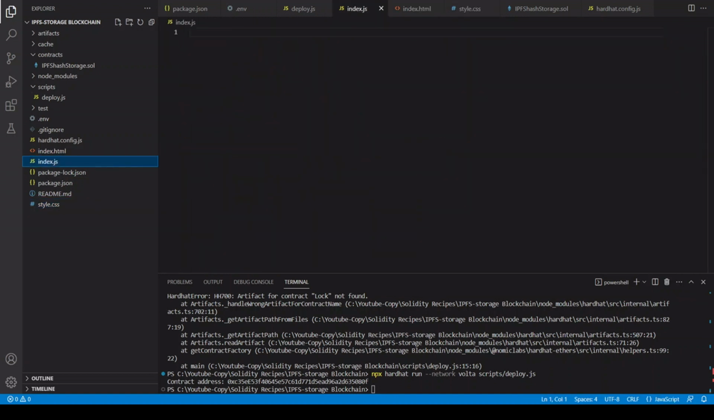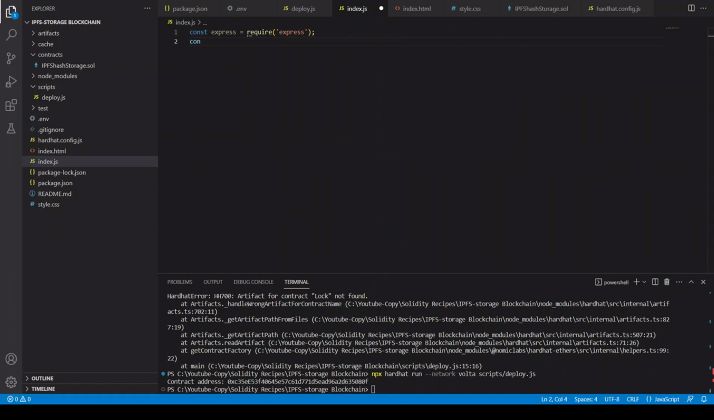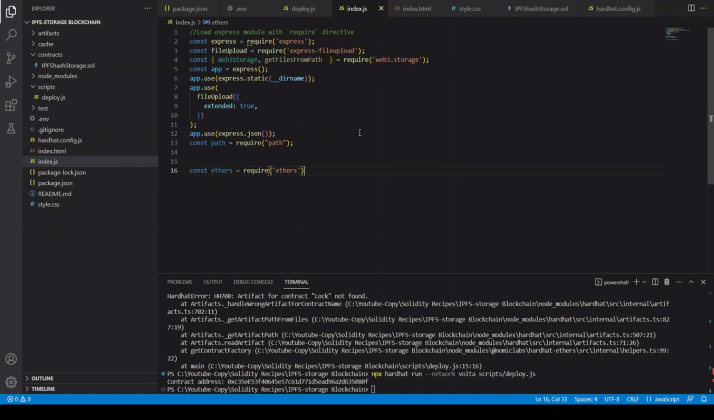So let's try to write our backend. Let's start from the start. We are going to say const express is equal to require express. I'm just going to copy and paste these things here, because these are just libraries which I am importing, and port is equal to 3000, and then we are going to write